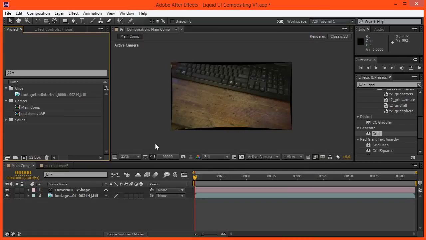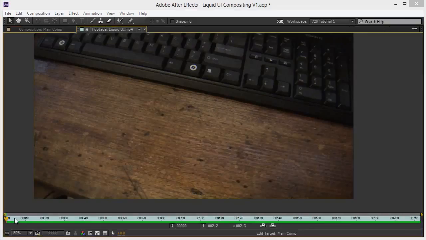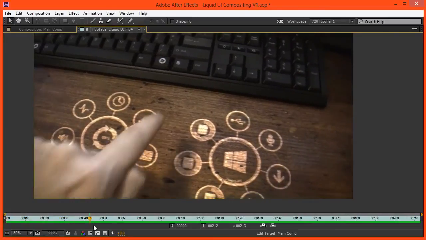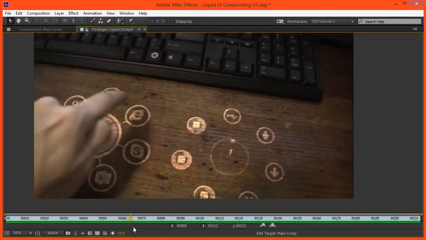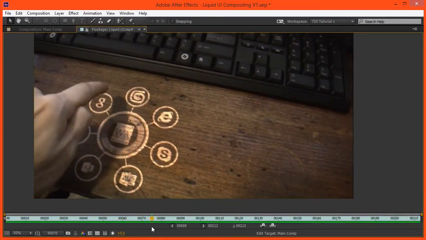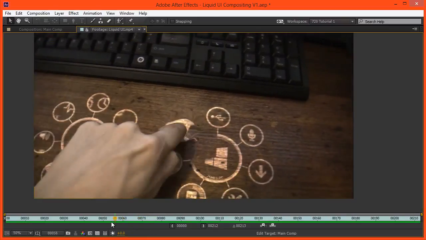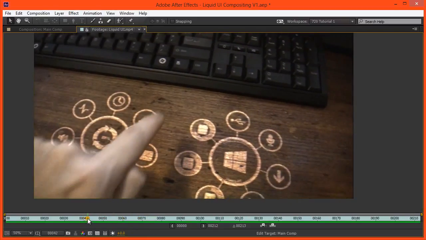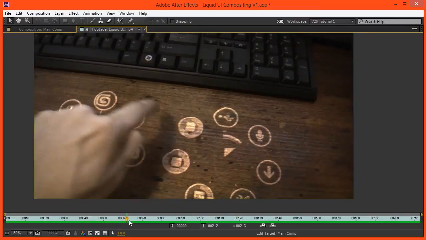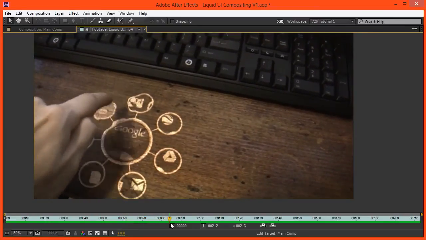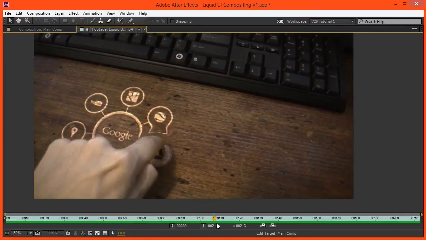Alright, so once that's done, let's just talk a little bit about the design. I've just imported the end result, and what's important about an effect like this is to know exactly what you want before you film it. I knew exactly, well, roughly where I wanted to click on the desk, just so that when I'd filmed everything,